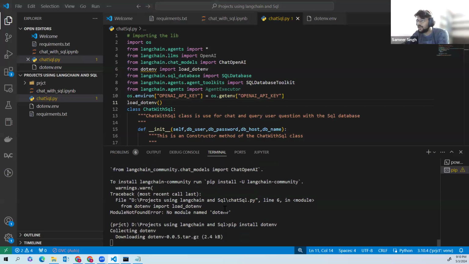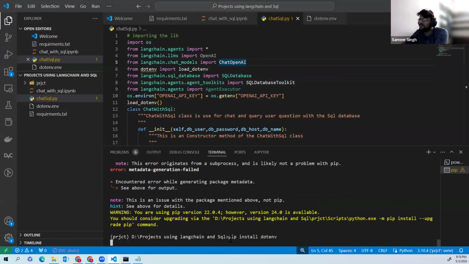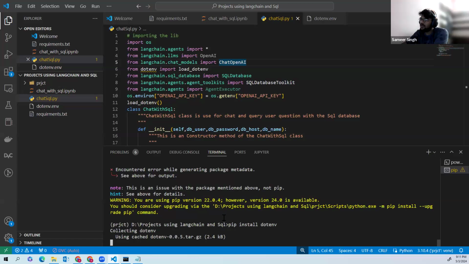Great, great. So it's getting downloaded. Let it download. Then I think we will be able to execute our script, because this was the only error we were getting. Okay. Is there any issue? I don't think there's an issue. Let's execute it again. We have python-dotenv, right?